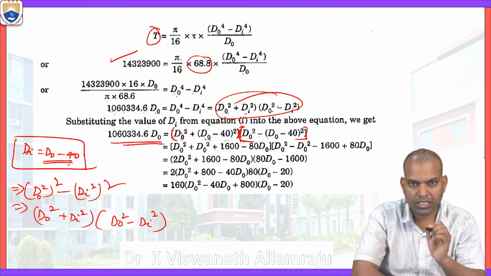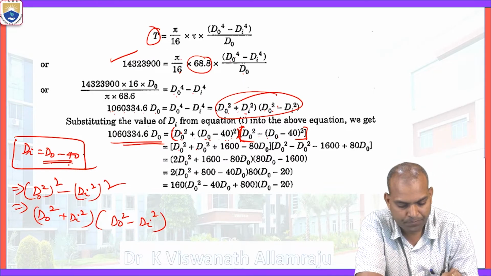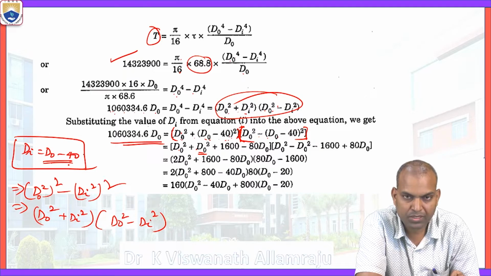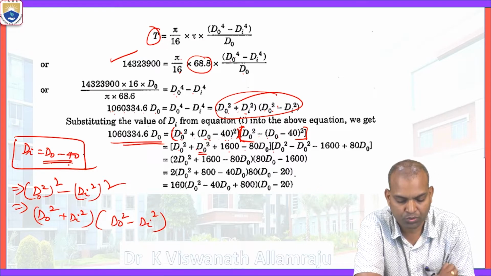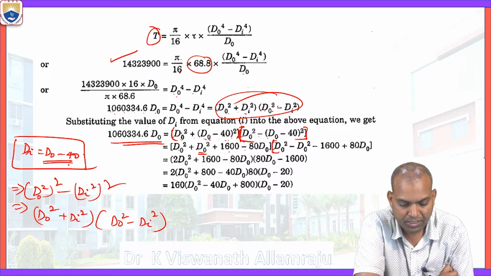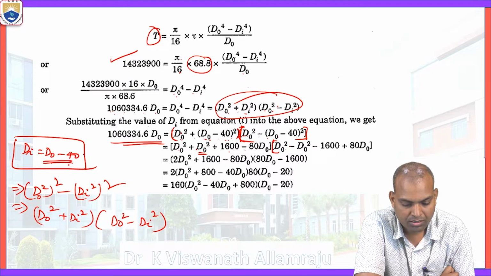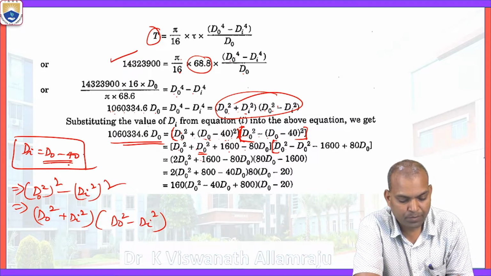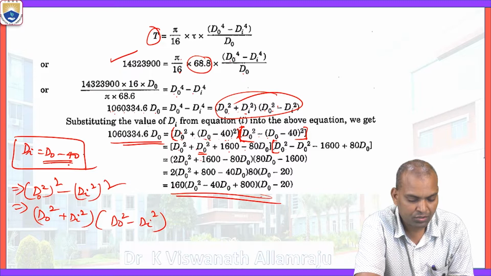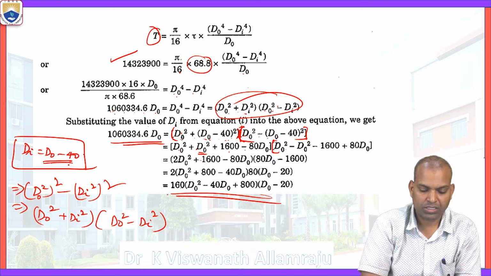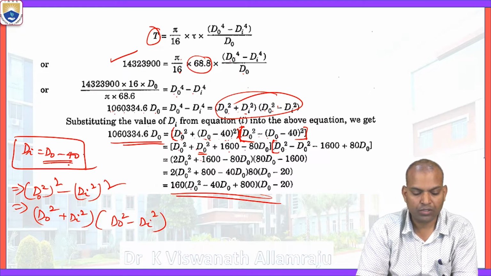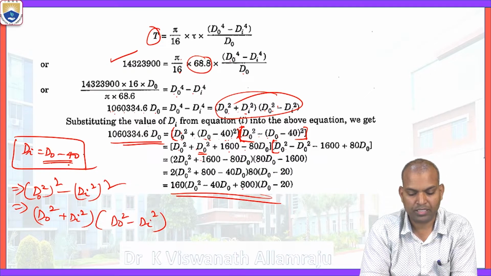Now, again, do square plus this a minus b whole square. What is a minus b whole square? A square plus b square minus 2ab. That is do square plus b square, 40 square, that is 1600, minus 2 times ab, 2 times 40, 80 do. Similarly, further this equation also, do square minus, yes, a minus b, again simplification. Then after simplification, finally we got this value, that is 160 times do square minus 40 times do plus 800